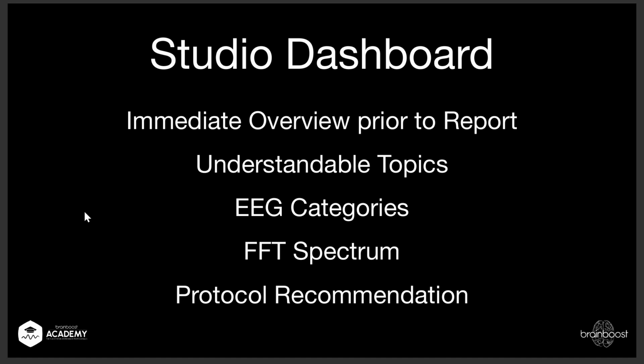covered a few EEG categories with some topics that we gave names that are understandable. You're also able to see EEG categories in your dashboard. So if you are more skilled, then you can also see more in-depth analysis, and it shows you the FFT spectrum analysis. On top of that, the Studio dashboard gives you protocol recommendations. All of that, we're going to watch in a second in my BrainAssistant. But before that,